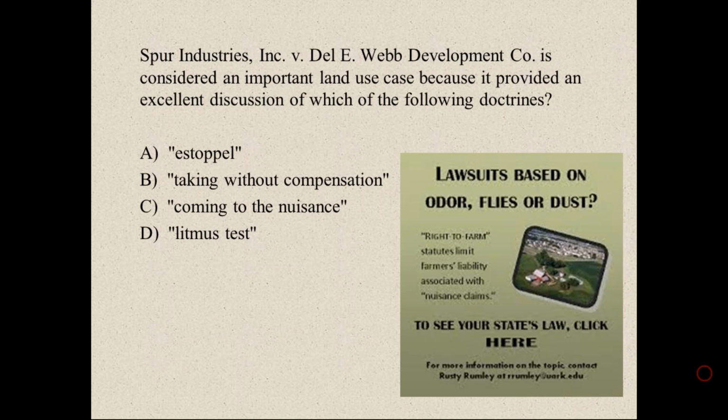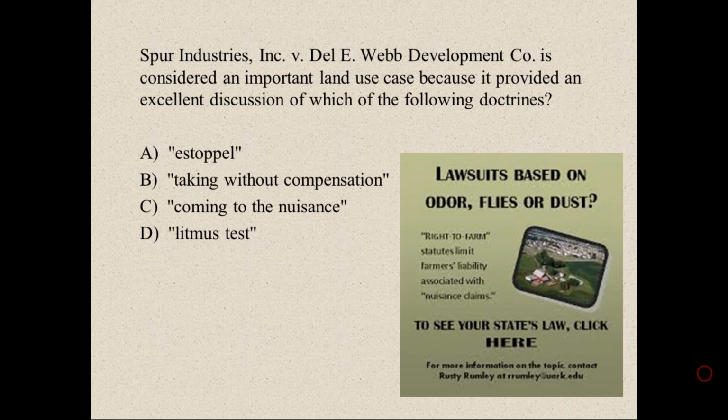But the courts did rule in favor of the feedlot, the farmer.